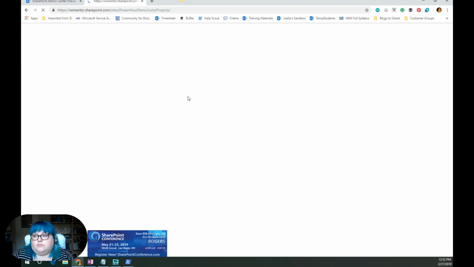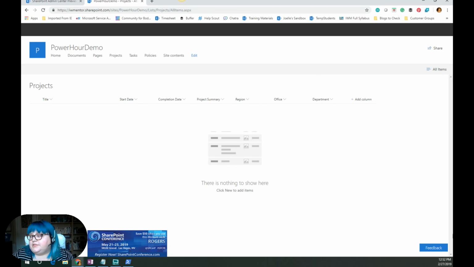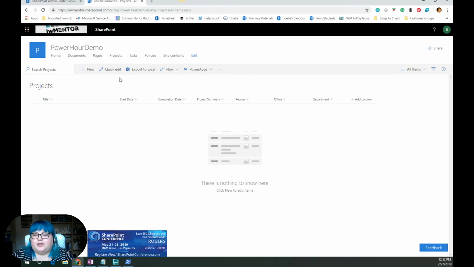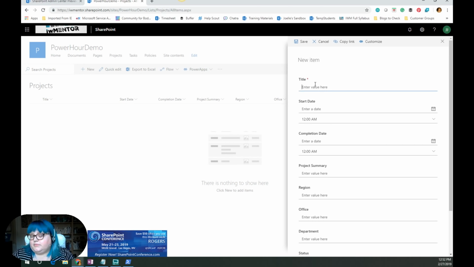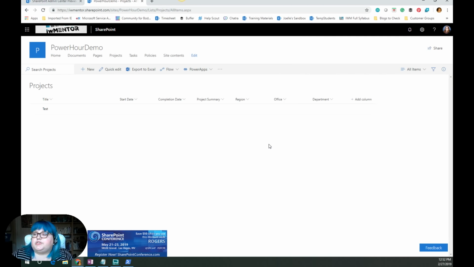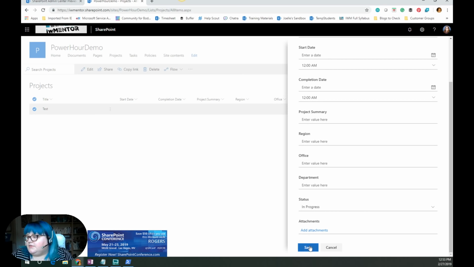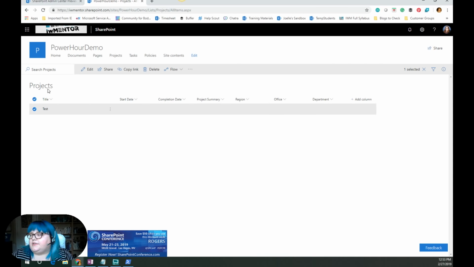All right, so now that I've created the site, it tells me the site design has been applied. Refresh the site to see changes. Sometimes if it's actually in process, you can click that, and over here on the right-hand side you get to see it run through all of those steps as it changes and adds those things. So if I refresh here and let it think about it, you'll now see up here in the navigation I have projects, tasks, and policies. So if I go to projects,